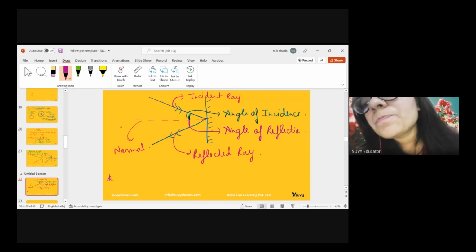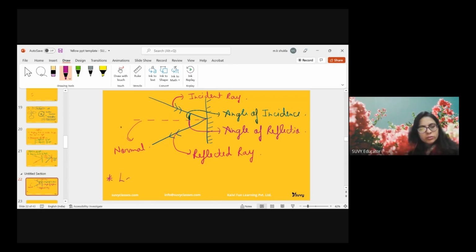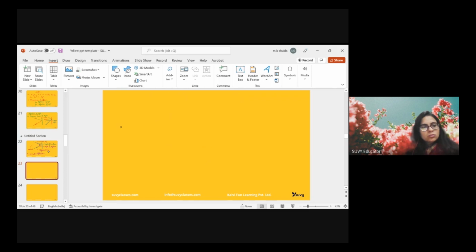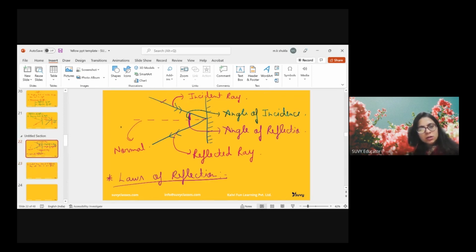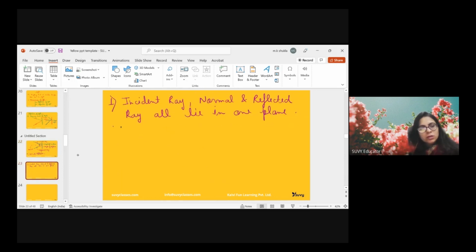So there are two laws of reflection. First, this angle and this angle will be equal. The first law is: the incident ray, normal, and reflected ray all lie in one plane. How? These three, the incident ray, normal and reflected ray, will lie at a single point in one plane. And the next law is